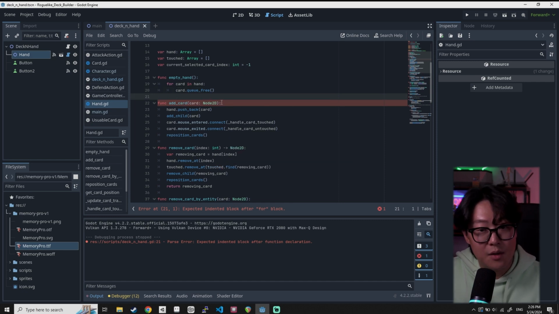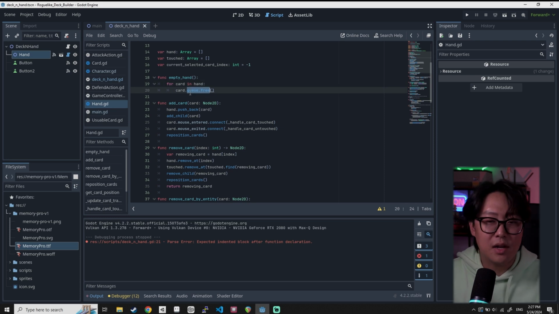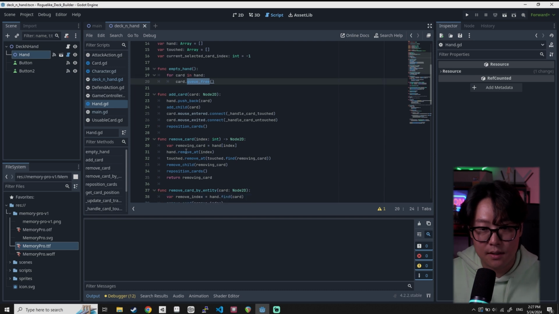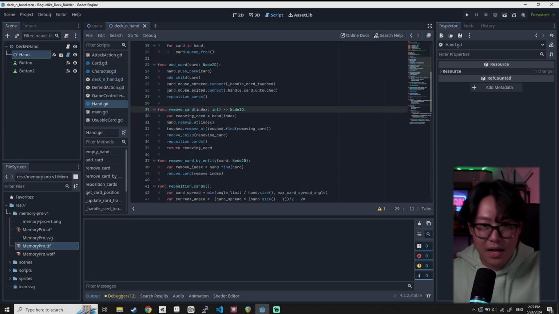Which reminds me, when I delete the card after activating, I forgot to free them from the memory. So actually we have a memory leak. We delete the card as a graphical representation, but we don't free it from the memory. So those cards that I've created throughout the gameplay are still floating around. So we need to make sure we call free whenever we delete the card. And we wouldn't do it here because card being deleted from the hand doesn't mean it's deleted from the game,